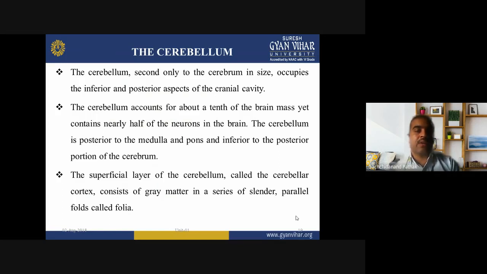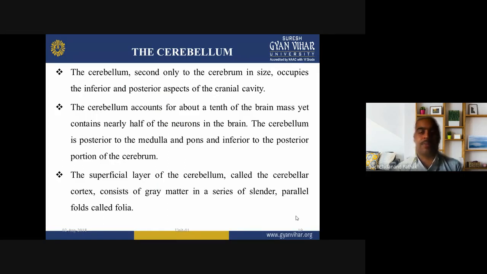The cerebellum accounts for about a tenth of the brain mass, yet contains nearly half of the neurons in the brain. ये brain mass का 10th part occupy करते हैं. ब्रेन का जो हाफ न्यूरॉन होते हैं वो सेरेबेलम में प्रेजेंट होते हैं, जबकि ये सिर्फ 10th पार्ट ब्रेन को ऑक्युपाई करते हैं. So the cerebellum is posterior to the medulla and pons and inferior to the posterior